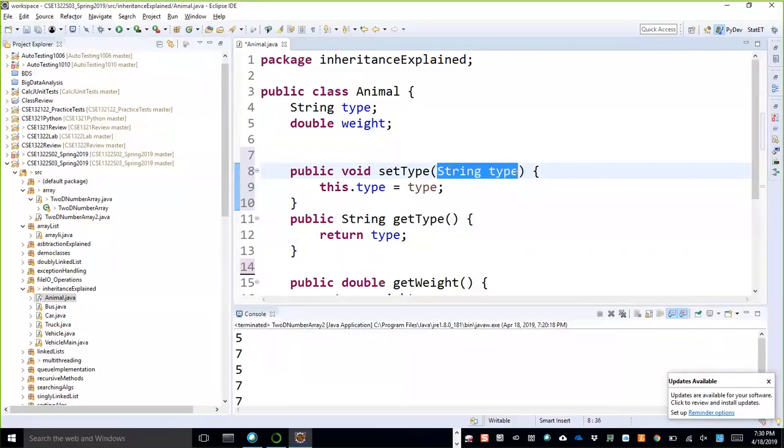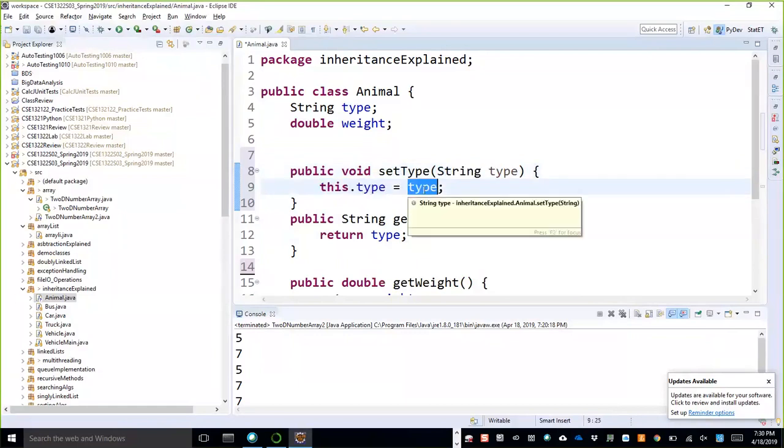The setter is a little bit more difficult. You put type as an argument, and then you put this.type equal to type.